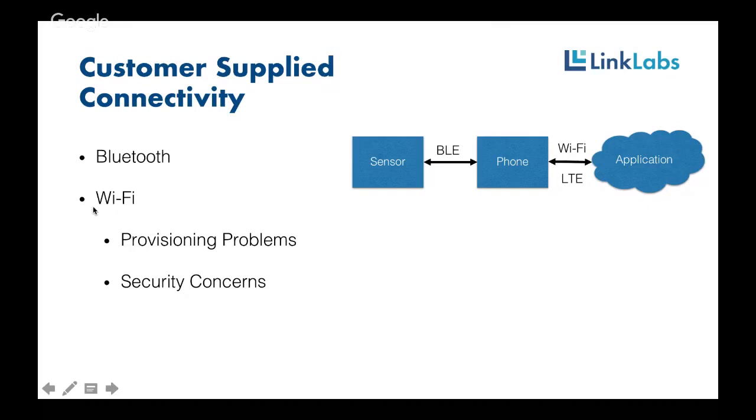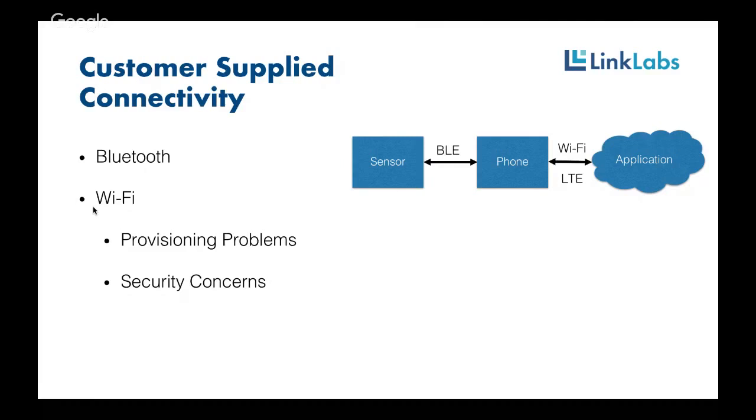And then we do a lot of work at Link Labs replacing Wi-Fi, where early on customers thought that they could build a Wi-Fi connected sensor for an industrial enterprise setting. But as it turns out, just because there is Wi-Fi where you want to sell your product as a third party, oftentimes you still can't connect to it. And that comes down to really two things. One is just provisioning. There are like 5 different deployed Wi-Fi standards, different types of security models. Passwords change, you've got challenge screens. This little IoT device, it's actually really hard to get it a password or a certificate and manage it to be able to connect day after day, year after year, as the Wi-Fi network's changing.